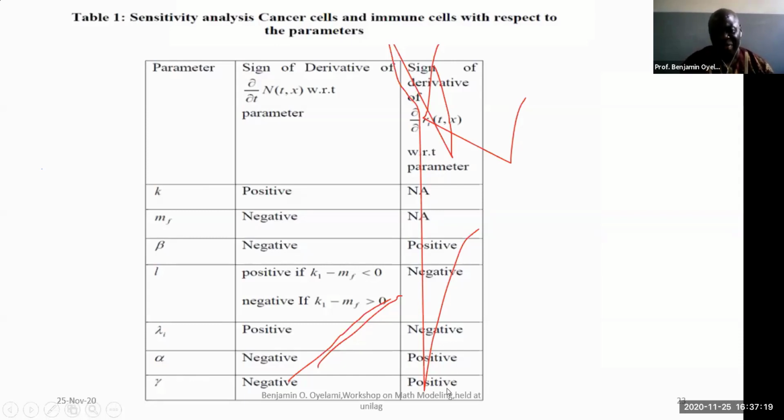So therefore, for us to control the cancer, we must find a way of checking this parameter to keep it under control so that the cancer cell will not grow. And that will involve, we have to think of how people can do that. It may be introduction of supplements for those people that have it, or introducing special types of diets that will make sure that this parameter here